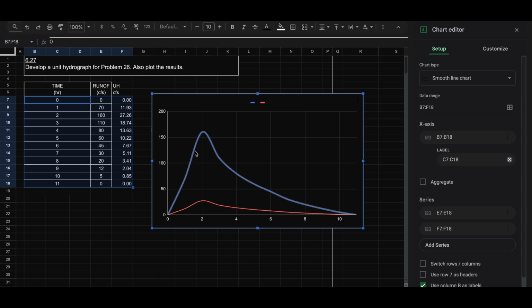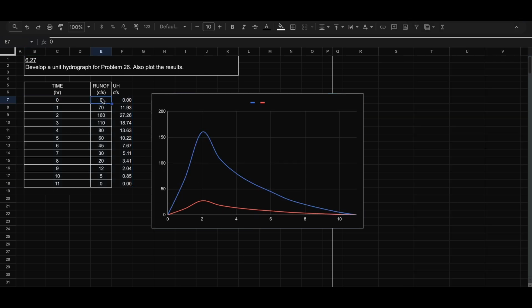This is the hydrograph that represents 5.87 inches of runoff volume, which is this column. And this in red is the unit hydrograph,